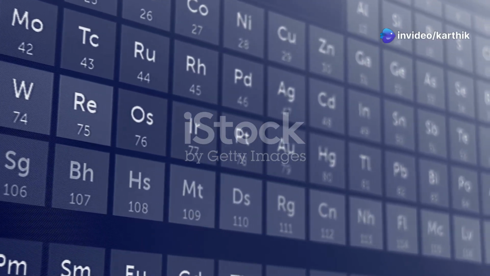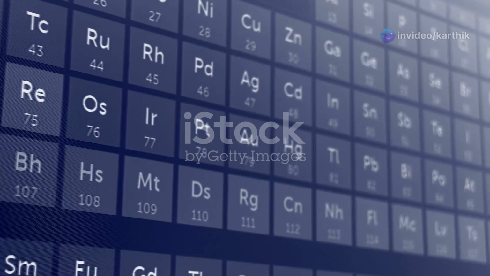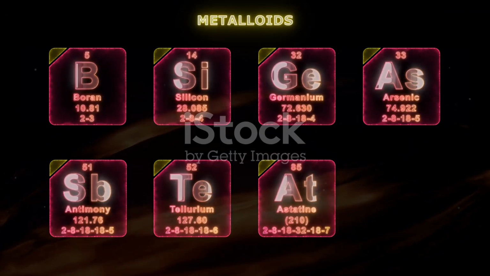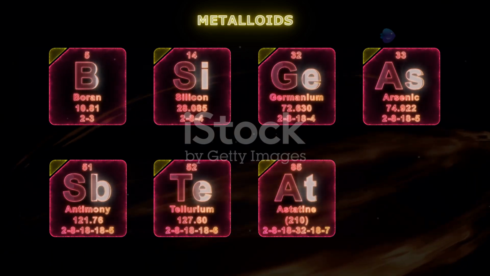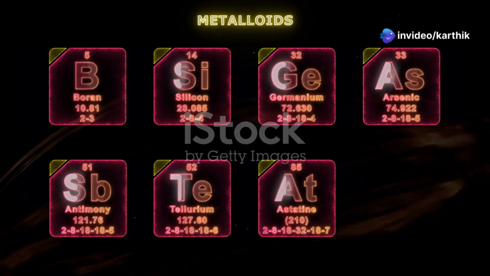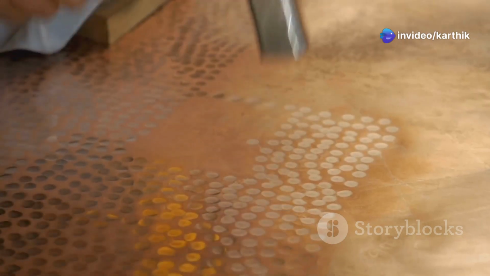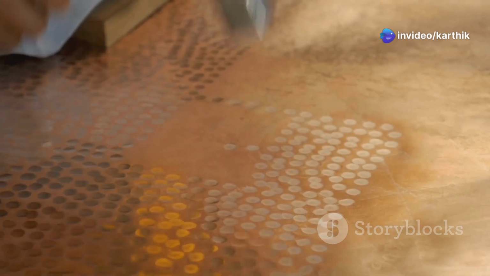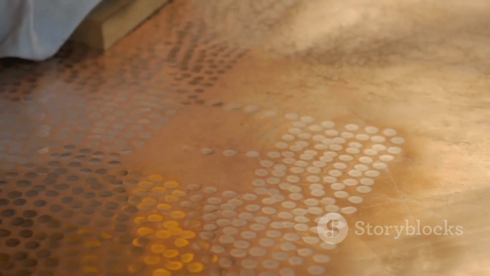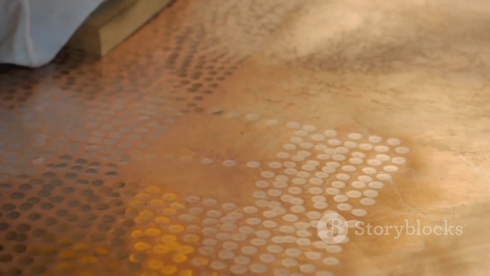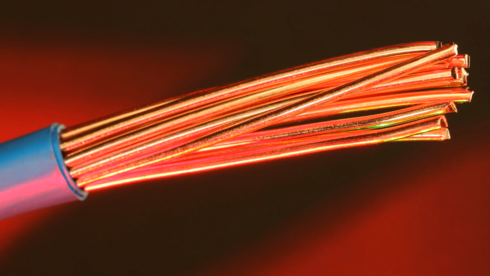Section 3. Exploring the elements, metals, non-metals and metalloids. Elements are diverse. They come in all sorts of properties. To make sense of this variety, we classify elements into three main categories: metals, non-metals and metalloids. Metals are typically shiny, malleable, which means they can be hammered into sheets, and ductile, meaning they can be drawn into wires. They are also good conductors of heat and electricity.